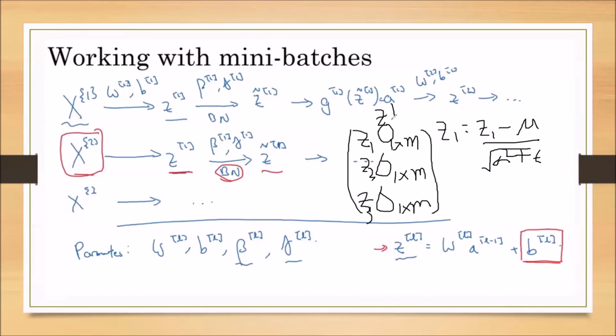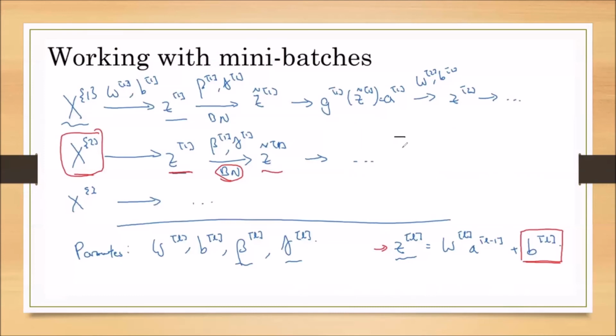Now, when we take Z superscript 1, it gives a 3 by M matrix. This 3 by M matrix has 3 rows and M columns, and in each column we have the Z values of the 3 activation units for that particular training sample, and the last column gives the Z values of the mth training sample for the first layer activation units. This is how we get the normalized value of Z by using beta and gamma.